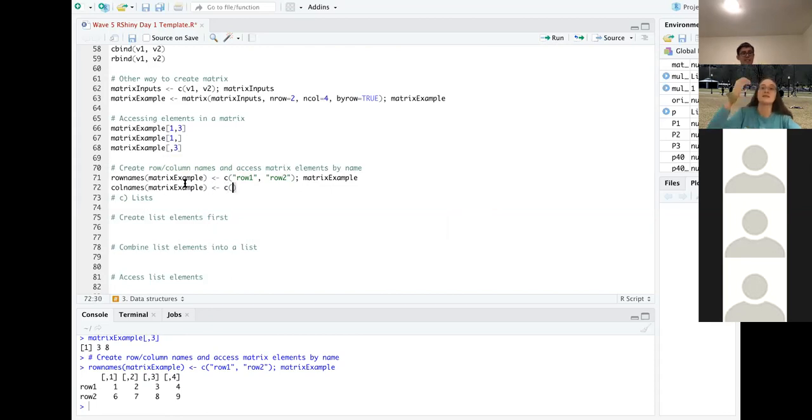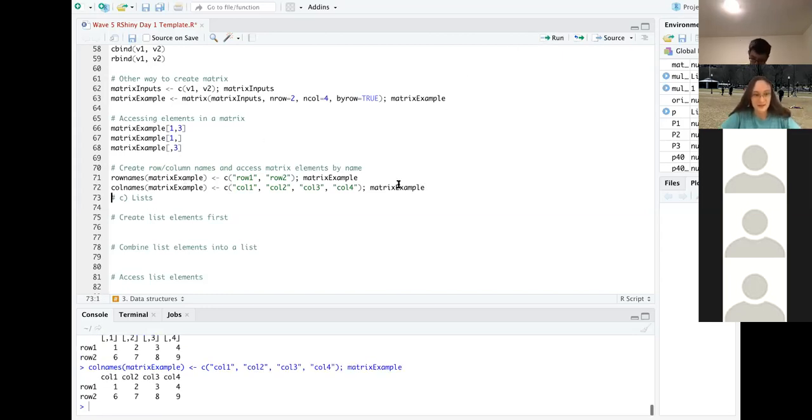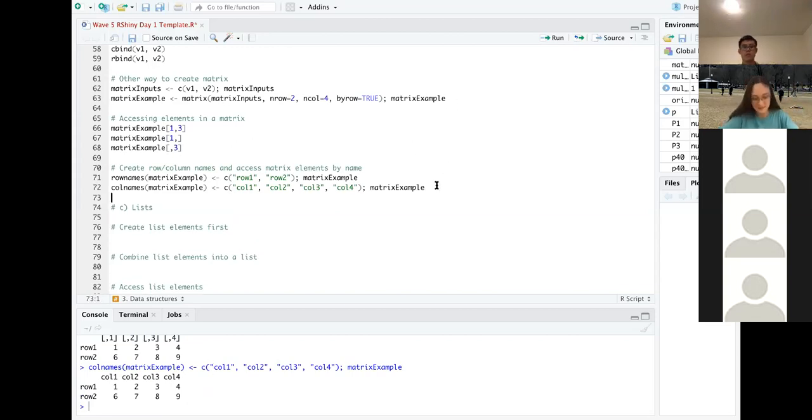This time we pass in a vector that has the same number of elements as the number of columns. So let's say column 1, column 2, column 3, column 4. Feel free to get more creative. These are just our basic names. If we do that now, we see that our numerical indices have been replaced with much more descriptive column names.